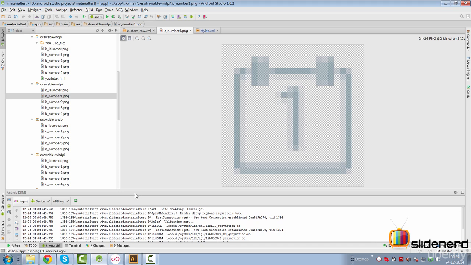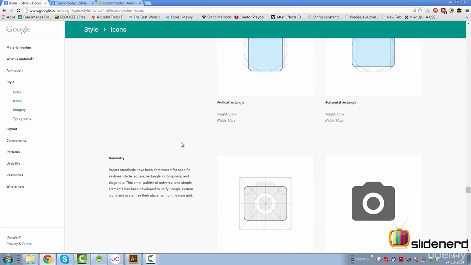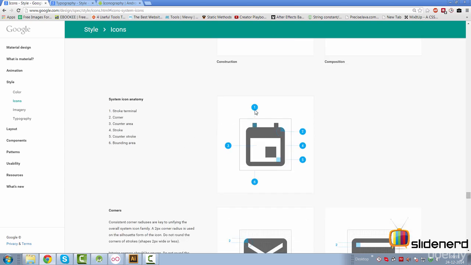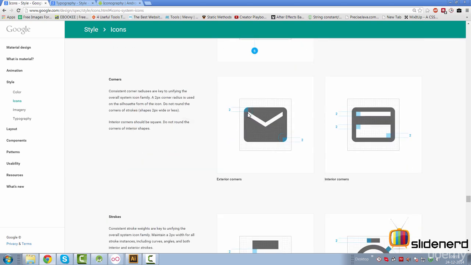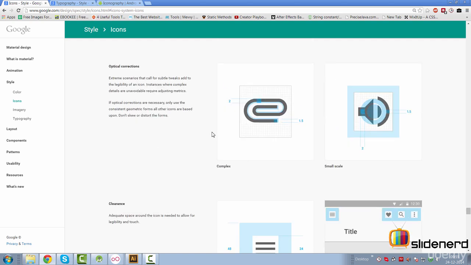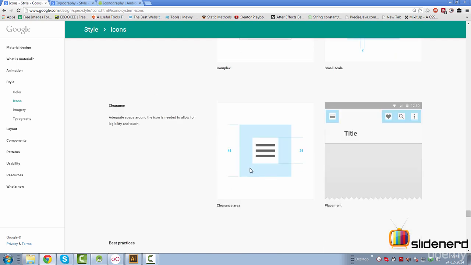inside my Illustrator. Now if you go further down, there's a lot of guidelines about how and what you should put inside this. For example, the position 1 here talks about stroke terminals. Now they say the stroke should be 2 dp or 2 pixels in width over here, and what you want to do is ensure that you don't have rounded corners with the strokes at the top. There's a stroke terminal at the top,